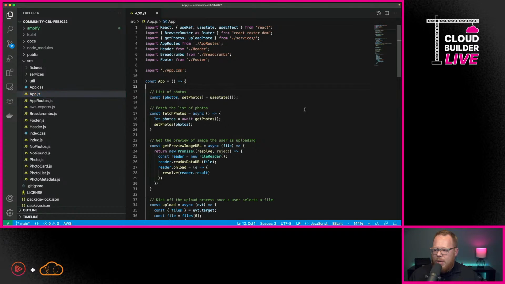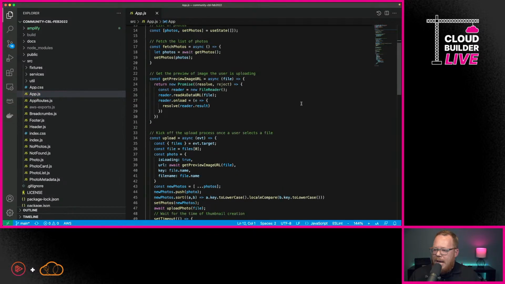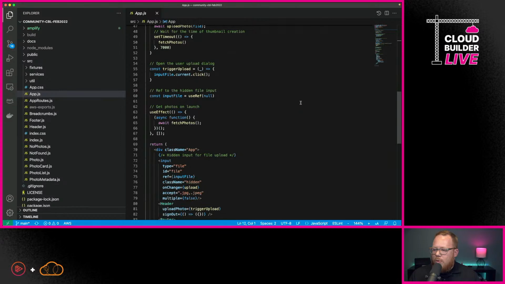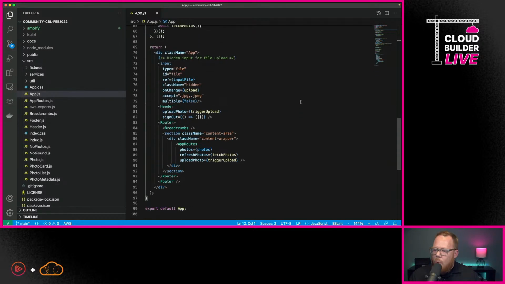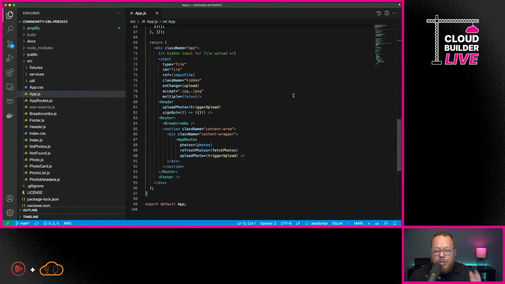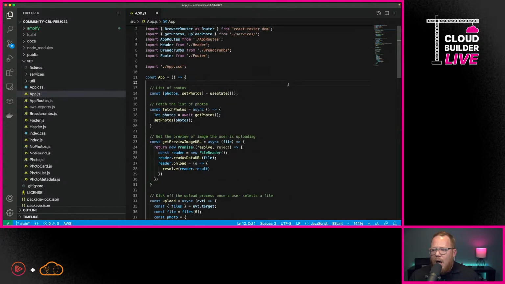Now, this is really the entry point for our application, and there's a few different methods in here, but what I want to really be focused on is we want to have it so that nothing here actually shows unless the user is authenticated. And you might be thinking here, we're going to have to write a bunch of custom code to do this. There's a lot of heavy lifting that we're going to have to worry about. But the truth is, we're going to leverage some different libraries that are provided by AWS Amplify to make this a fairly easy implementation versus just doing everything custom on our own.